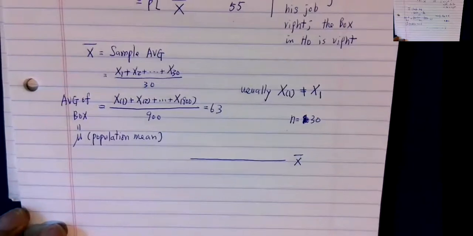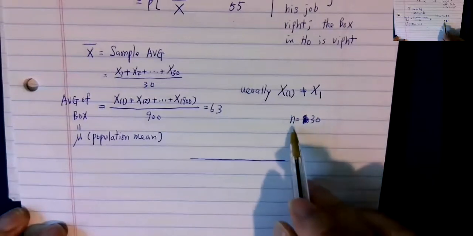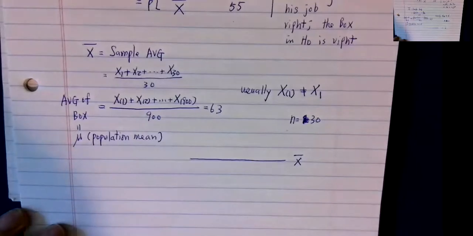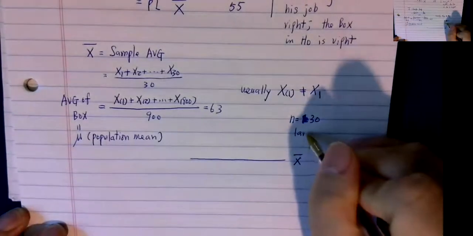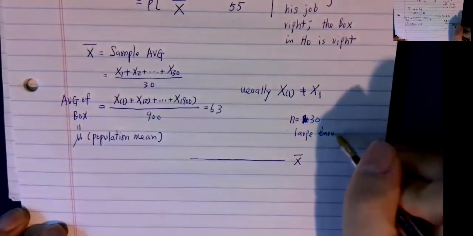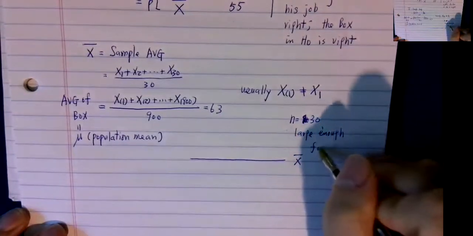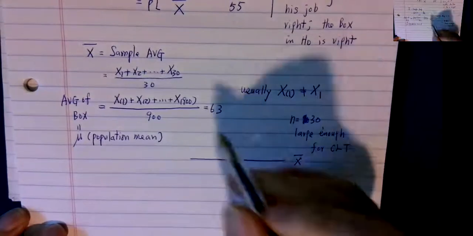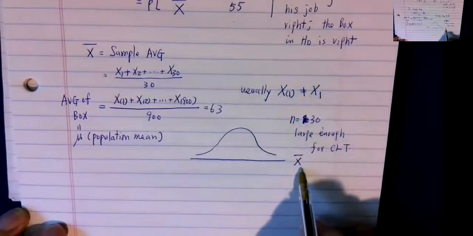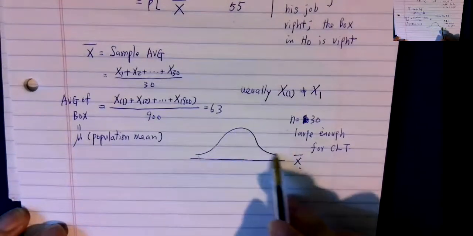What do you know from central limit theorem? Central limit theorem says when sample size is large. How large do we usually call large? Usually n greater or equal to 25. We think it is large enough. So this is large enough for central limit theorem, okay? Central limit theorem says when sample size is large, sample mean or sample total follow approximately normal.